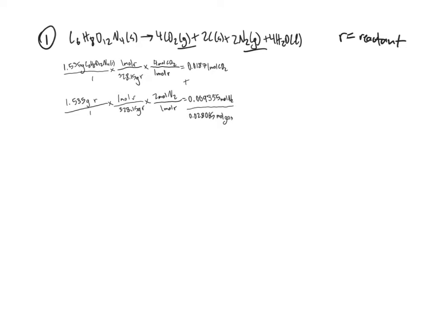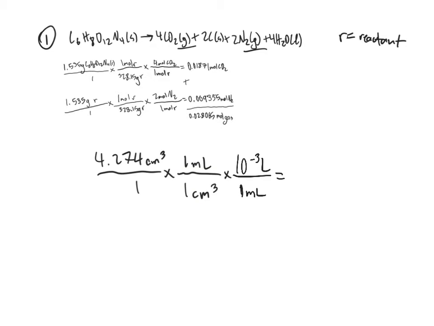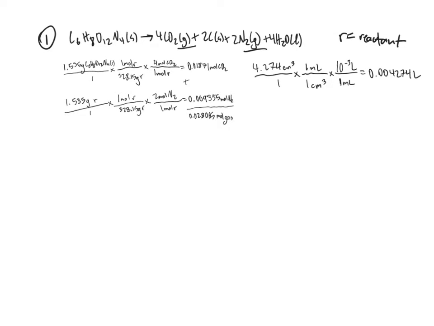Then I'm going to change our volume, 4.274 cubic centimeters. We're going to change that to liters because that's what we need our volume to be because of R. So we will multiply that by, 1 cubic centimeter is 1 milliliter, and 1 milliliter is 10 to the negative third liters, and that will give us 0.004274 liters. And to find our temperature in Kelvin, we'll start with our 337 degrees Celsius that we were given, and add 273.15